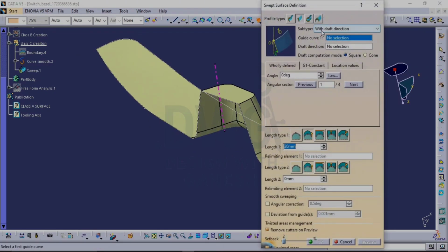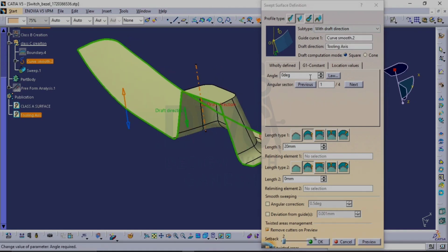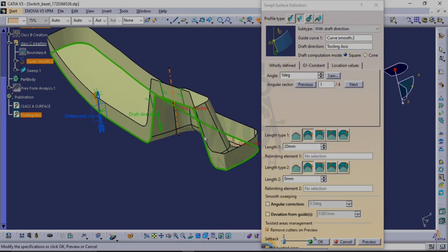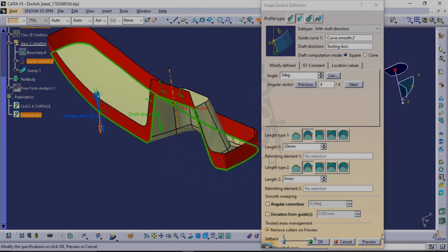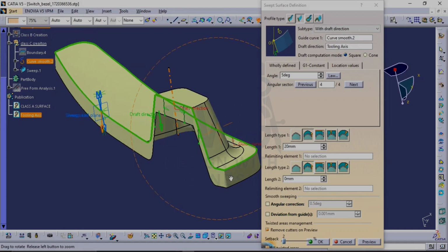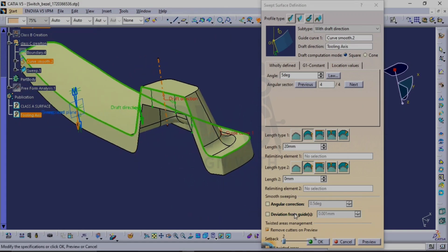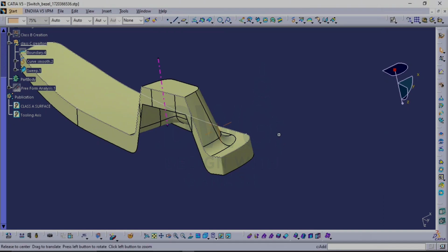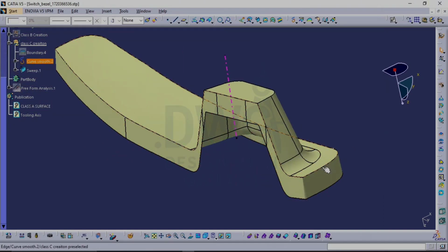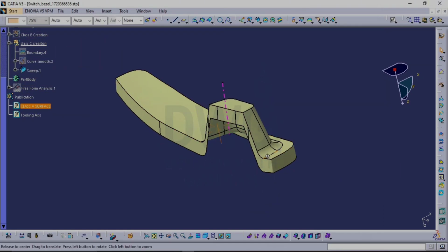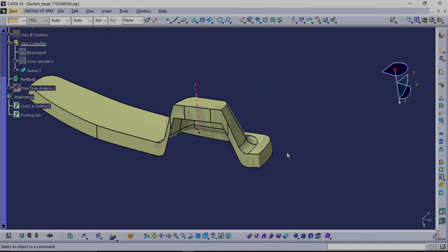and with the draft direction, select the curve and select the tooling axis, and choose the draft angle as 5 degrees. Click on preview. Now it is forming, right? So this is fine for me. Click on OK. Okay, this is my class C surface,